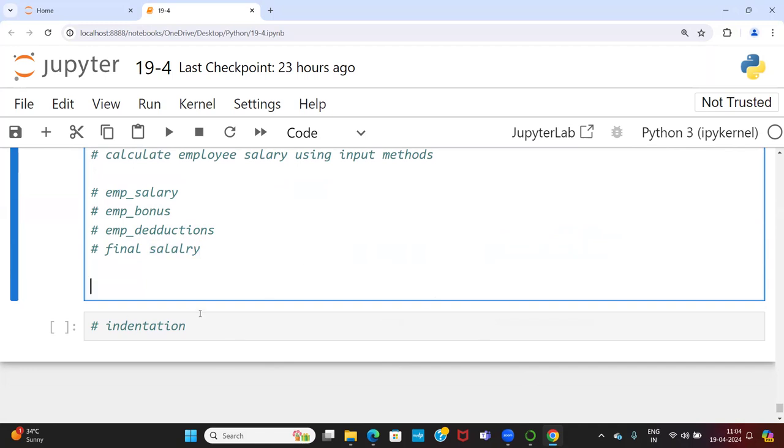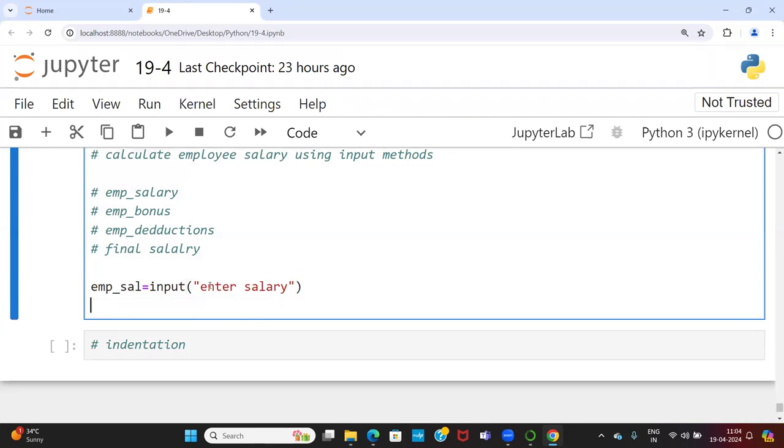So the first input: emp_salary is equal to input of "enter salary". And one more input, employee bonus: bonus is equal to input of "enter bonus",